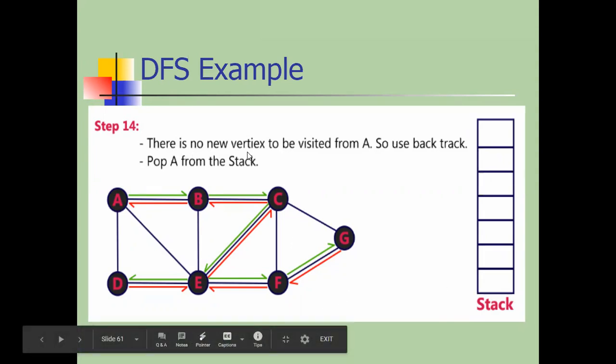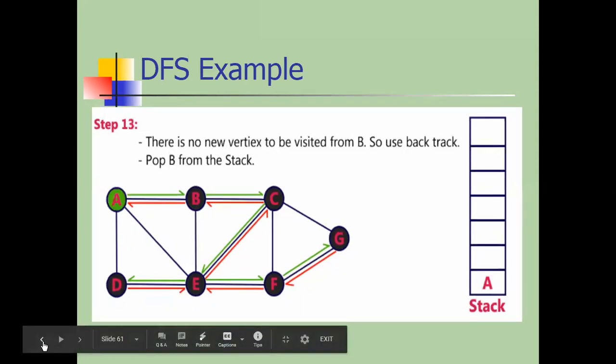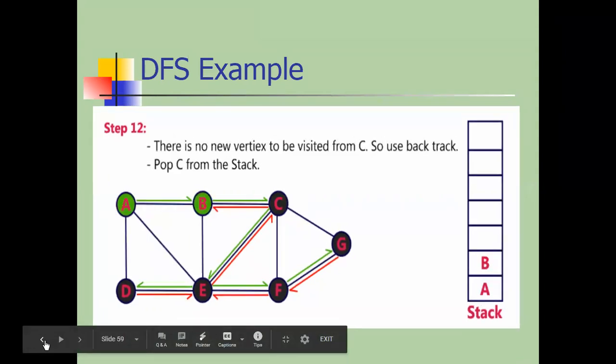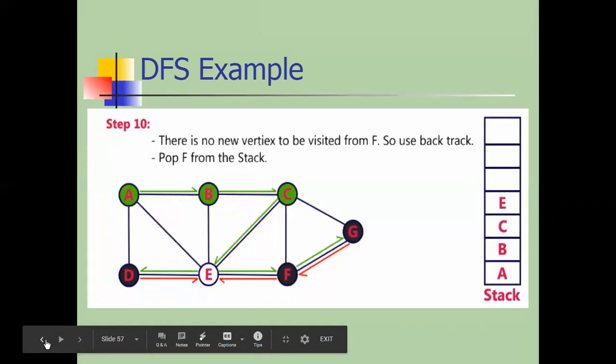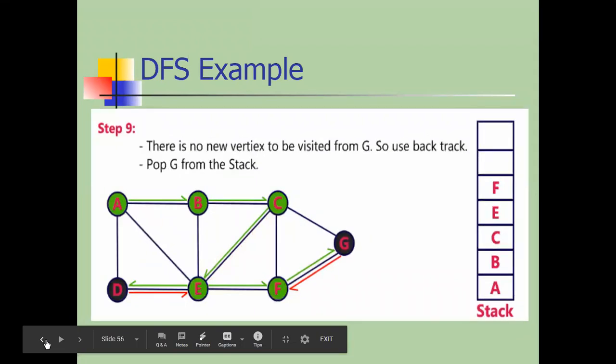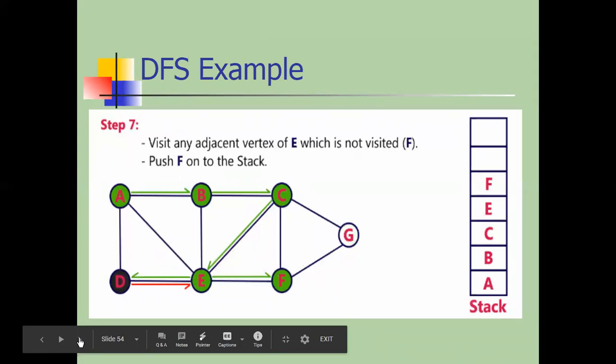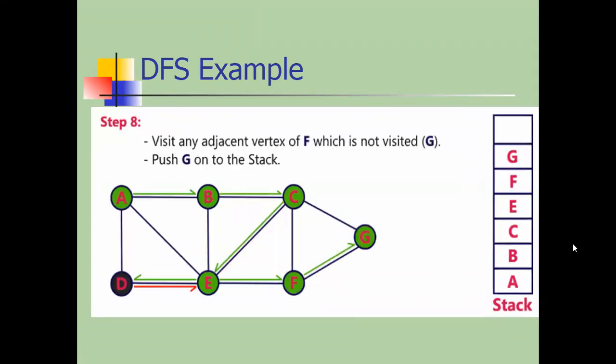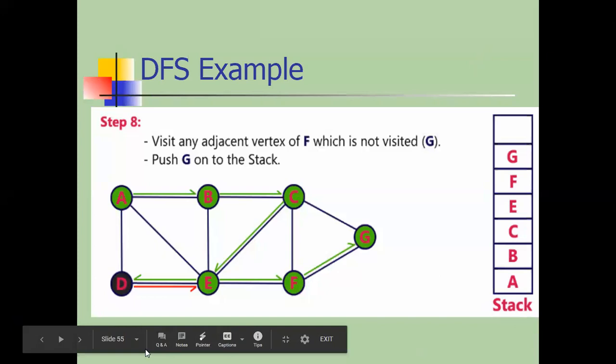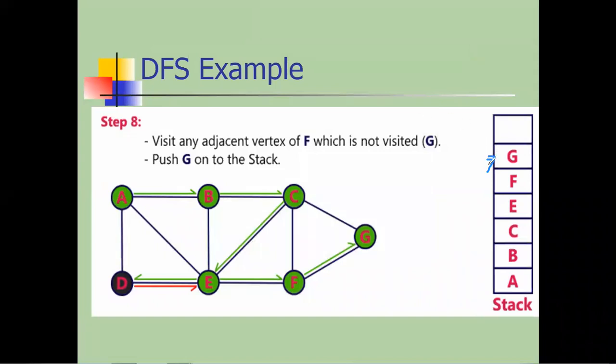There is no vertex left to visit from A, so we use backtracking and pop the A element from the stack. I hope that point is clear to everyone. How are we going to backtrack? Again I'm revising so that you can recall all these points. Just concentrate here. अपना stack कहाँ पे full हो गया था? Till G. G तक गए, यहाँ पे अपना stack का top था. Where is the stack top now? The stack top is pointing here. Then which element are we removing? That is G. We have removed G here.